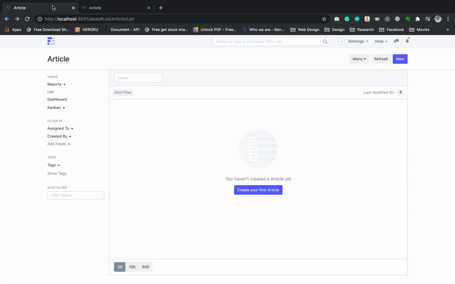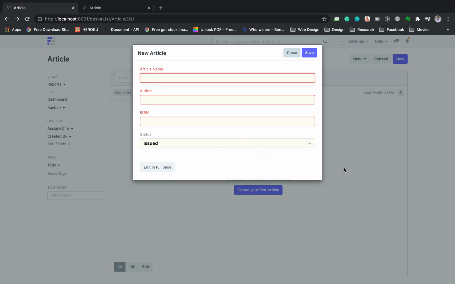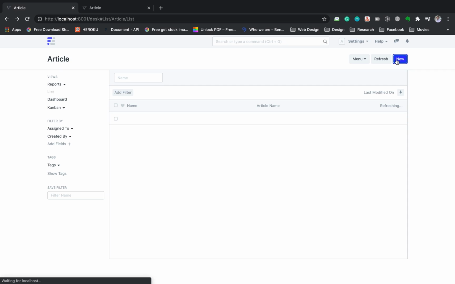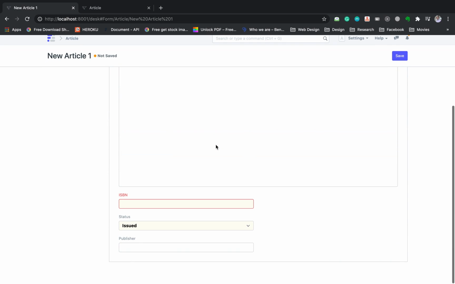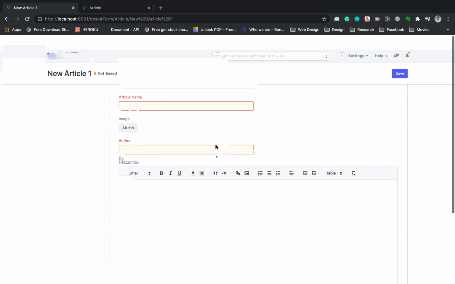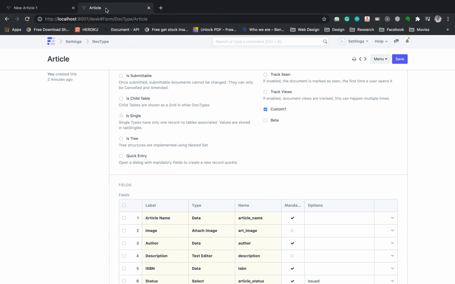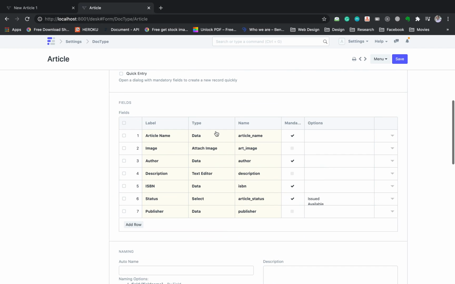Don't want it. So when we hit new, we have to refresh. So when we click on new, it will bring us this form. So I think this form is a little bit ugly. So we can customize it by adding some few more